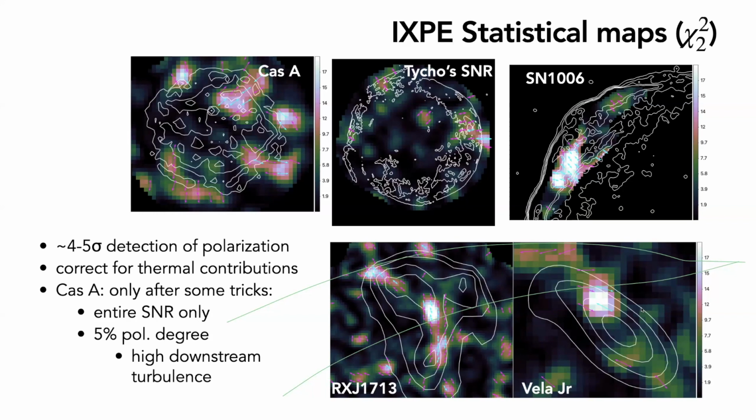but the turbulence in the downstream from this MHD simulation is very anisotropic at short scales after the shock, and that produces an apparent radial field. So it's indeed very turbulent, but with a preferential direction of the field, the radial direction, and that we believe can explain the great data by IXPE, which Jacco discussed.